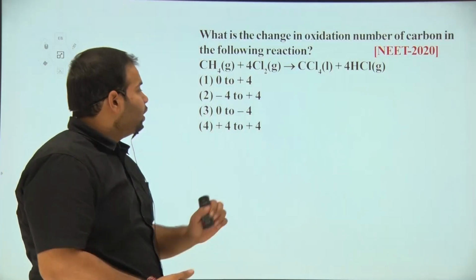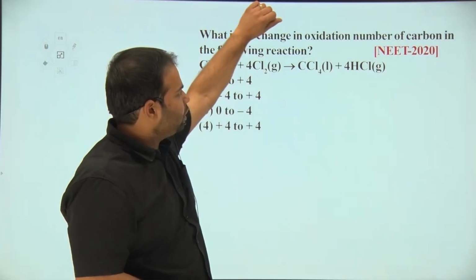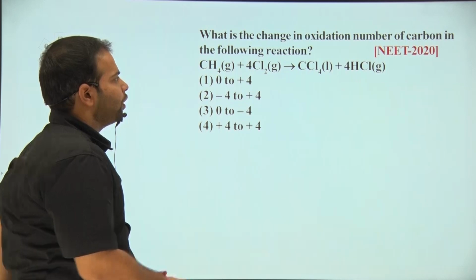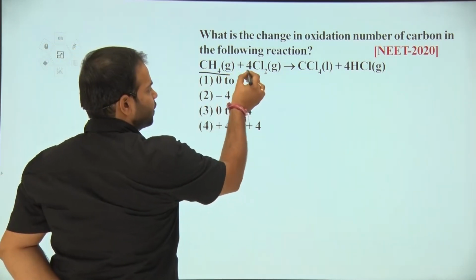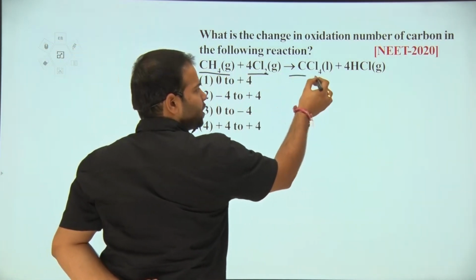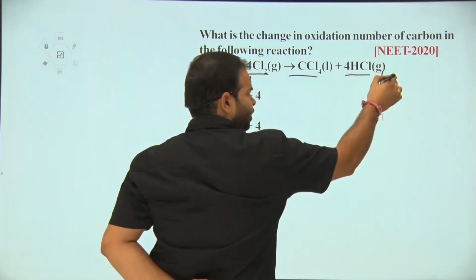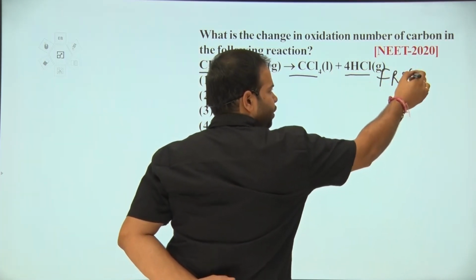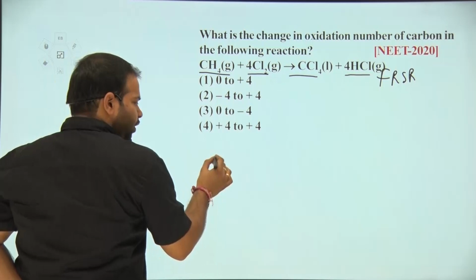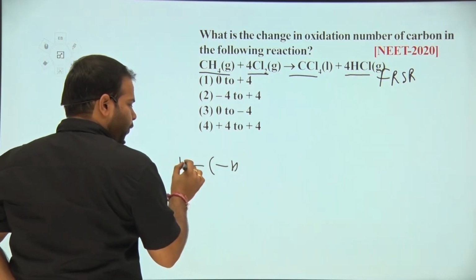Okay, students. Now, the first question is, what is the change in oxidation number of carbon in the following reaction? The reaction is, methane is reacted with Cl2 gas to form CCl4 plus HCl. And the reaction is a free radical substitution reaction. Now, in this case, if we consider CH4, then